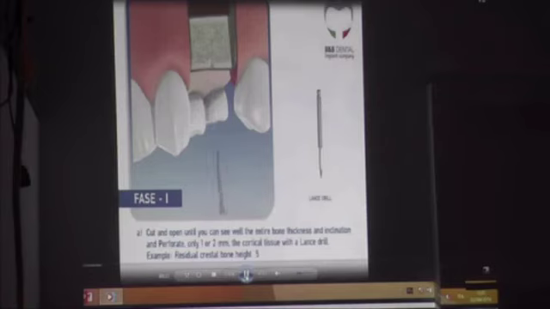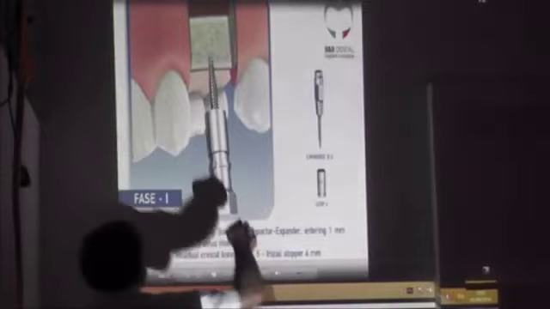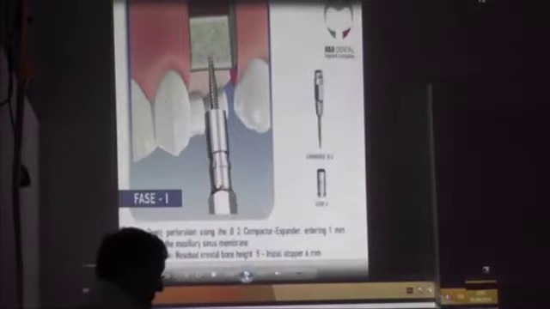I perform only the cortical, and with the first instrument, come back a little. With X-ray, I measure the length of the ridge. Generally 5-6 millimeters. Okay? Now I need